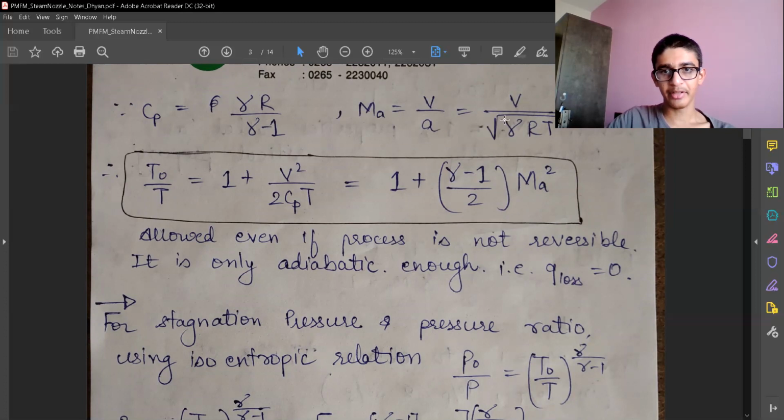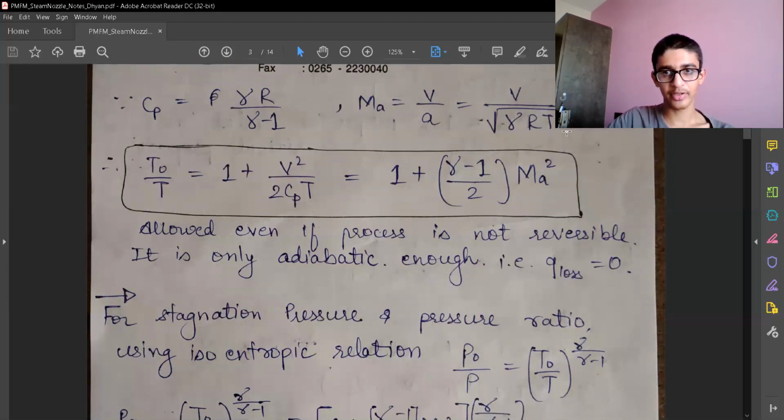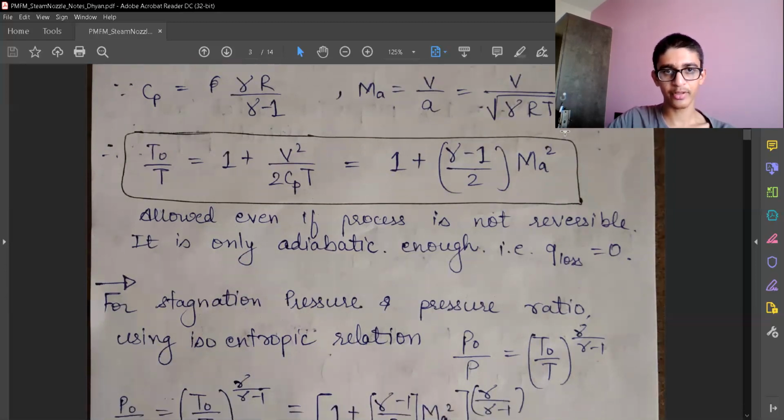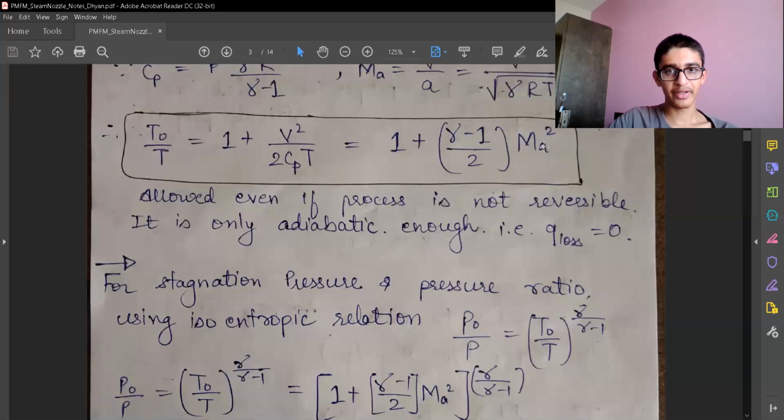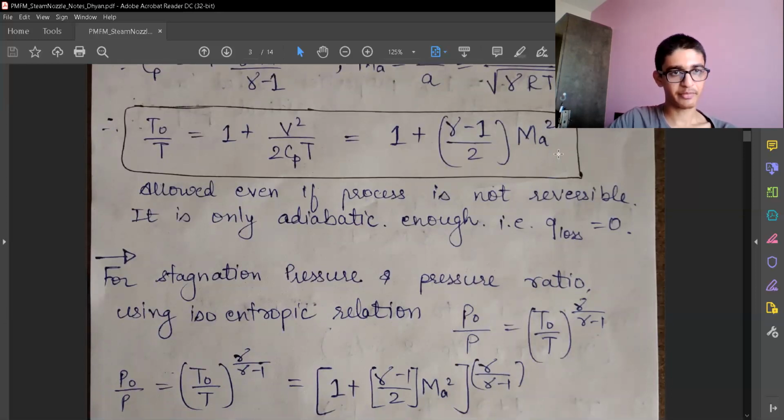And the velocity of sound in air depends on the gamma value and the temperature. So over here, it's the actual temperature, not the stagnation temperature. That is an important point for you to remember. So we have the T naught by T expression earlier, and then we can use velocity and temperature from Mach number and substitute over there, and use Cp from here to substitute R and gamma. So we have the temperature ratio T naught by T in terms of gamma and Mach number only. So we can directly define the temperature ratio using Mach number.